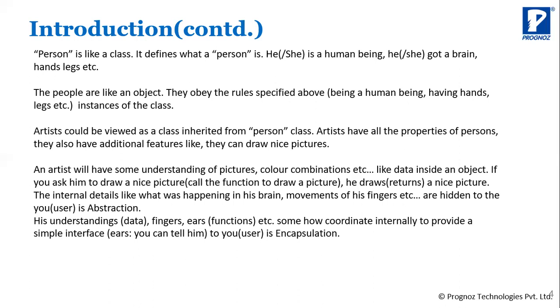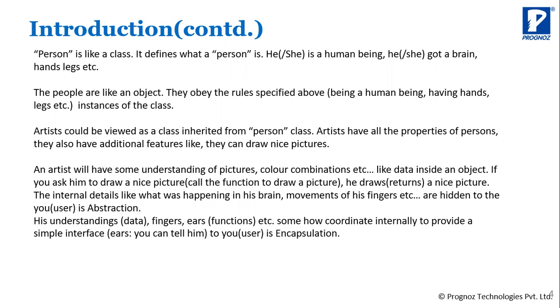The artist is a class inherited from the person class. Teacher is also inherited from the person class. The artist has all these properties of the person, and also has additional features, like they can draw